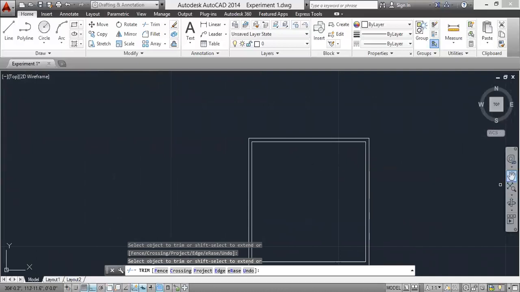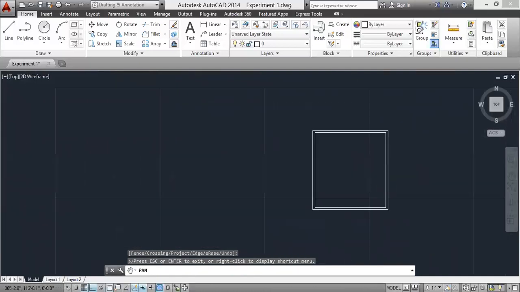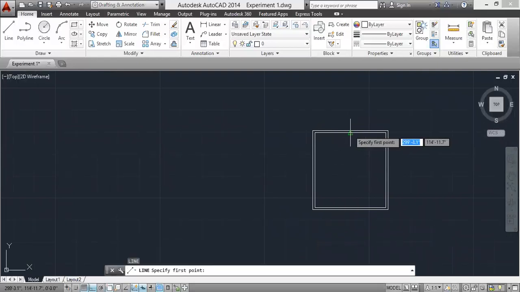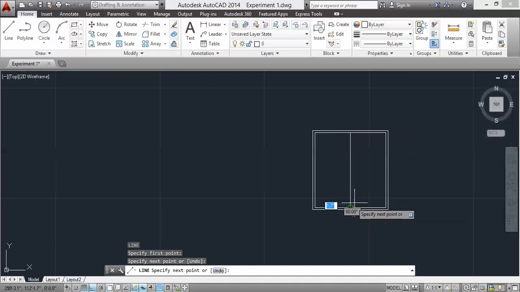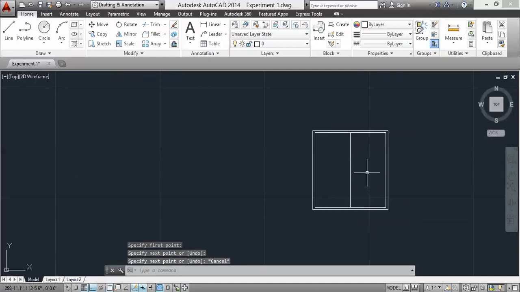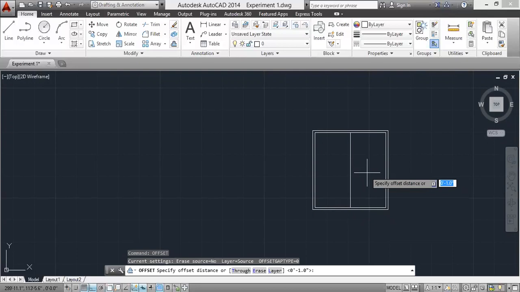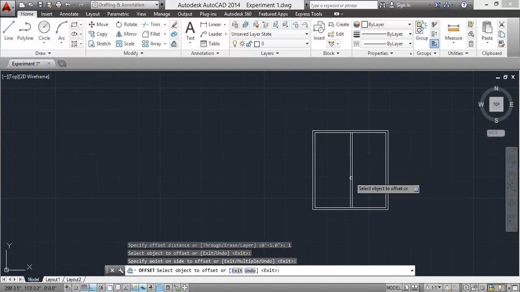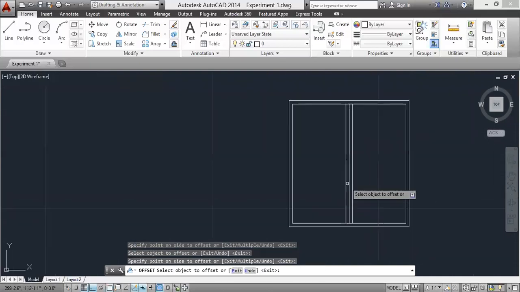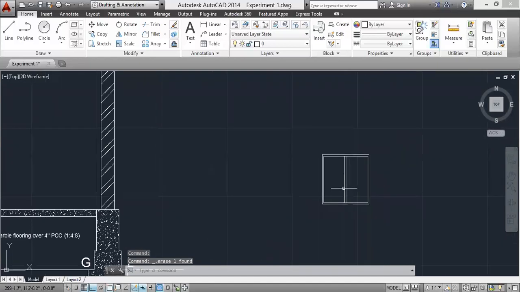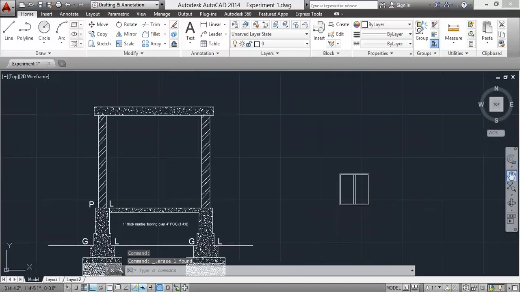Okay. Now select the midpoint. L enter midpoint. Draw a dummy line here. Okay. Then offset 1 inch on either side. Okay. Delete this extra line. Okay.